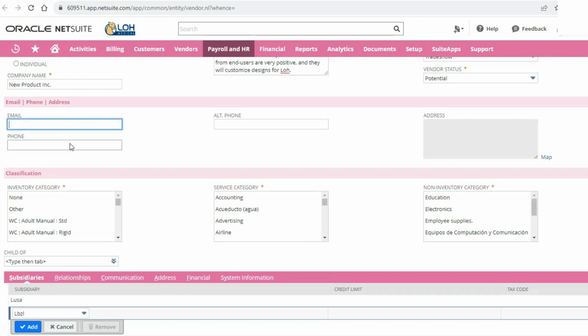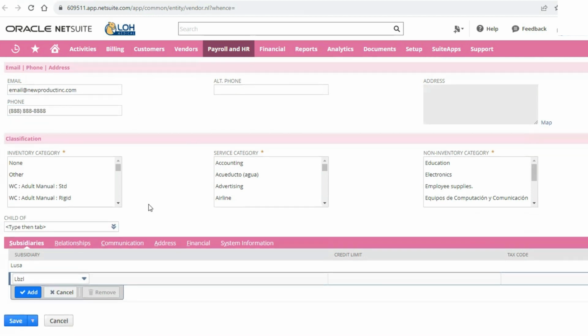So here, let's do even. Okay, and then you can add an alternate phone.